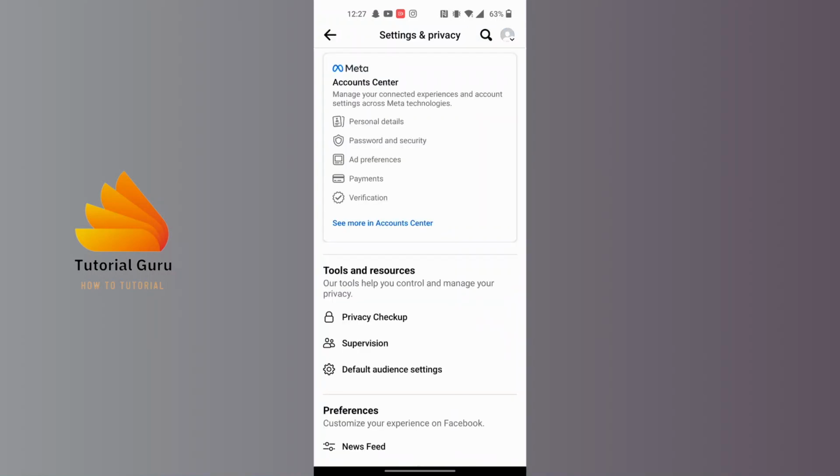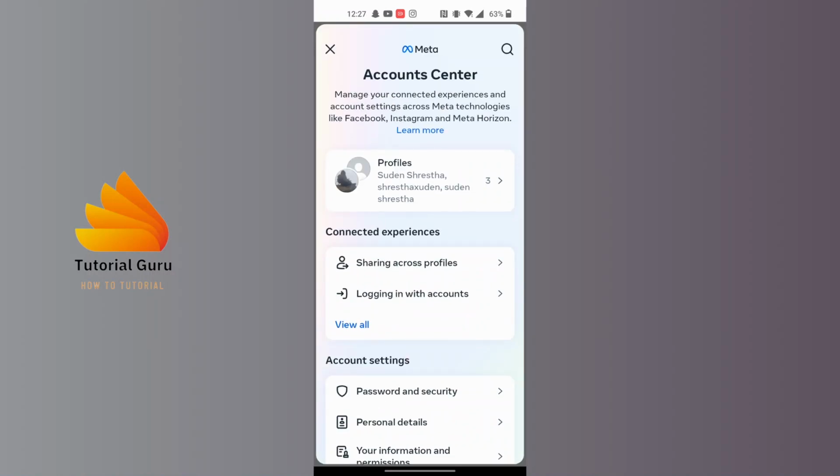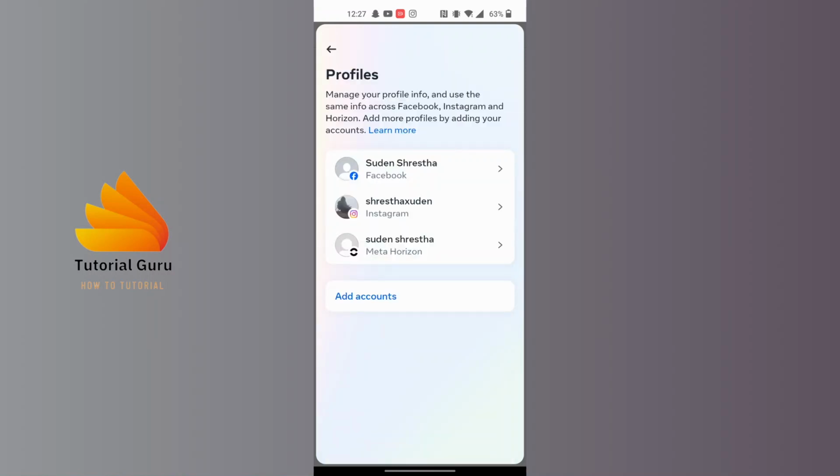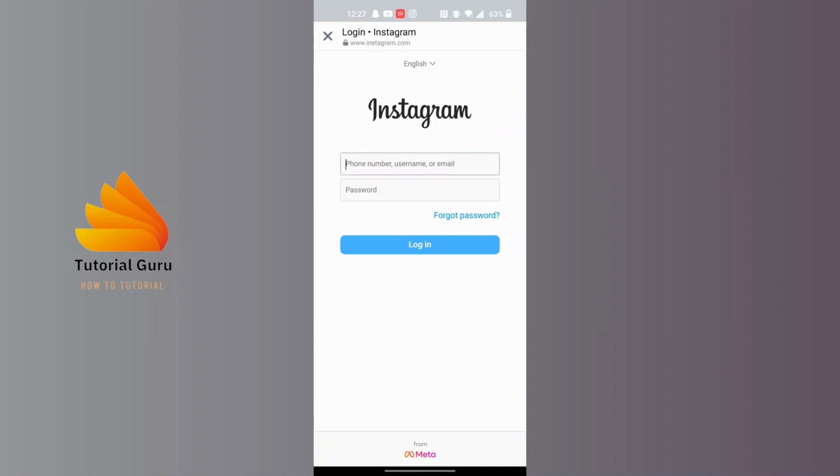And over here you'll be required to tap on the Meta Account Center, which is at the top, and again tap on the profiles option available at the top of the screen. And from over here you can see the add accounts option available for us. Tap on that add accounts option, and then this kind of interface will appear